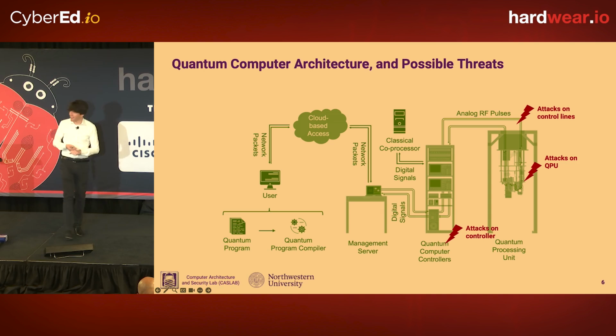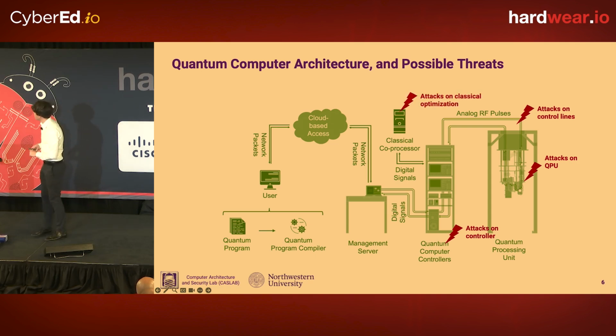One interesting thing is that a lot of these quantum computers are driven by analog signals that are actuating the qubits. And as much as you can encrypt everything going up to the controller, whatever comes out of the controller is analog signals that cannot be easily encrypted. So if somebody is able to spy on or modify the analog signals, you can directly intercept, like in the motorcycle example, you could put some sort of harness in between the controller and the QPU, and intercept exactly what's driving the qubits, or what's being read out of the qubits.